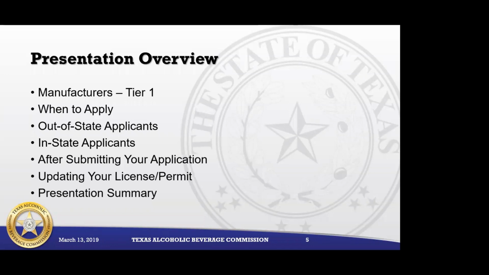We will then address what to expect after submitting your application, and we would like to provide some information on application forms utilized for updating your license or permit for the change of location, change of business ownership, and, as I mentioned earlier, change of business contact information. Hopefully, you will gain a better understanding of TABC's processes and application requirements. Our mission at TABC is to serve the people of Texas and protect the public health and safety through consistent, fair, and timely administration of the Alcoholic Beverage Code.